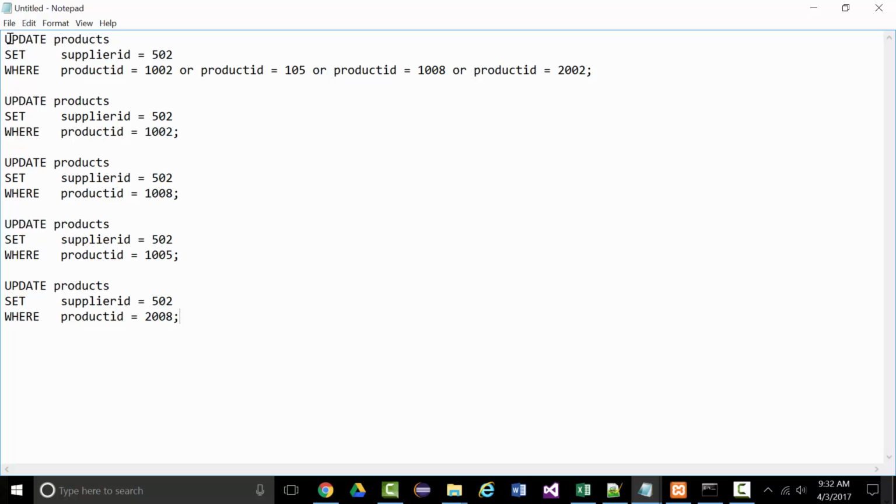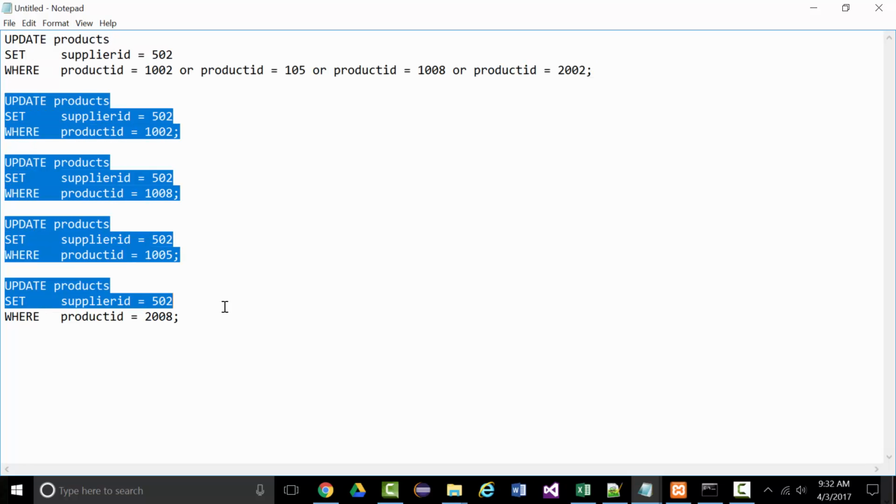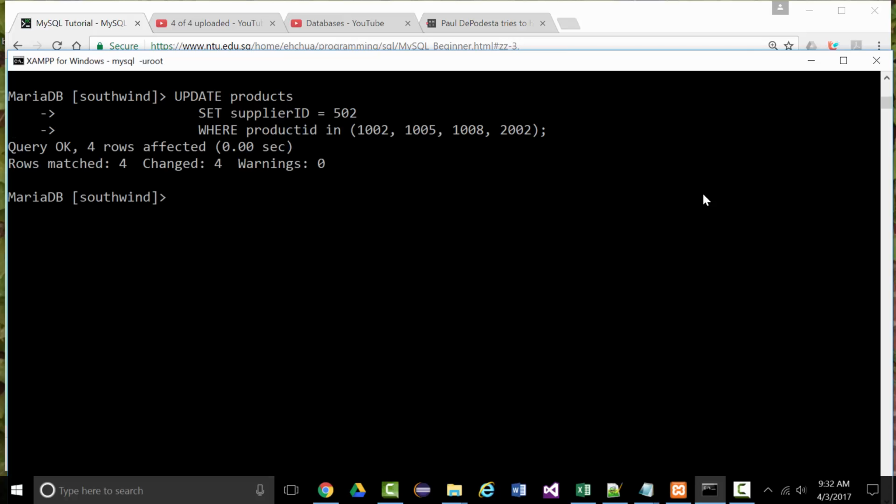So this is one way we could have done it, right here. This is another way we could have done it, right here. And this is a third way we could have done it, right here. When I compare those 3 ways, there is no comparison. This is the easiest way to do this. So when I hit enter, if yours comes back and it says 4 rows matched, 4 rows changed, that's a